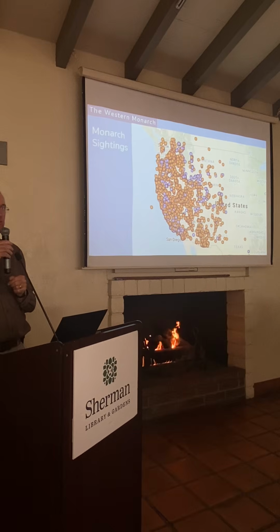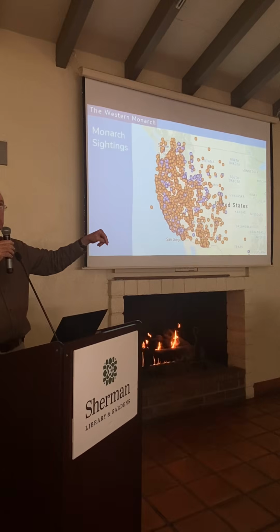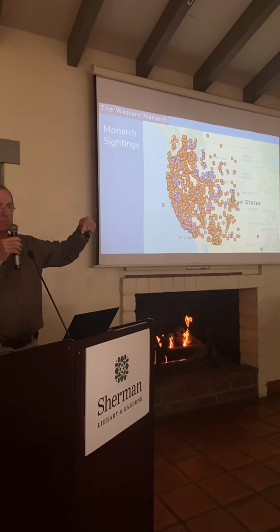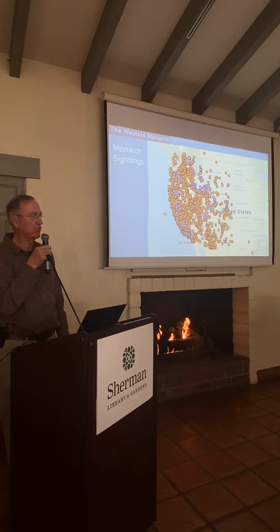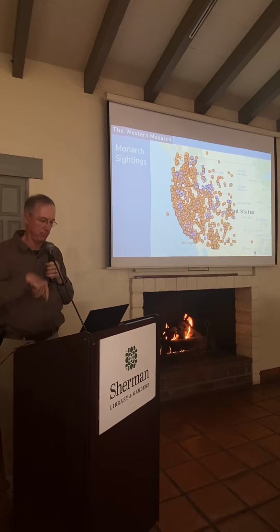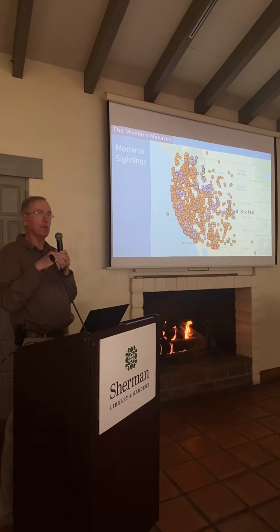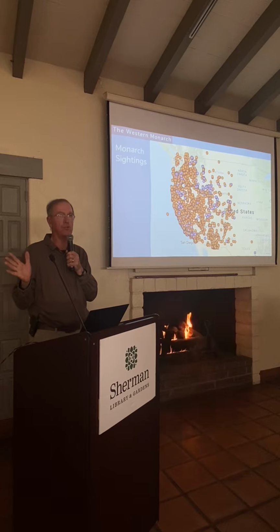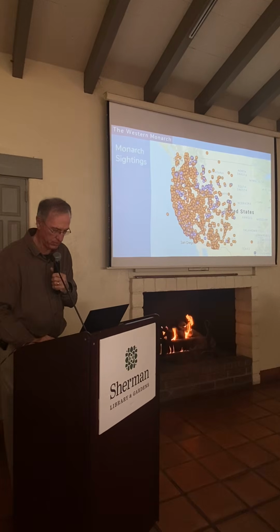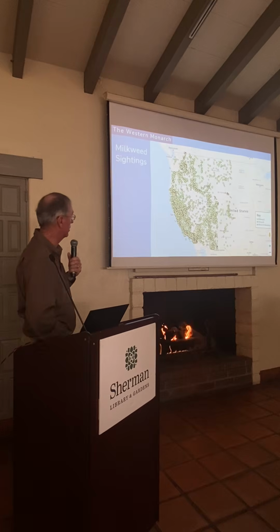Now, how that happens is incredibly mysterious. How does the great-great-grandchild of that monarch know to come back to the same tree that its originator was at? If you can answer that, you don't need to come to this class. You should be standing up here. So it's an incredible migration. It's one of the greatest migrations on the planet because it's multi-generational, and it's very difficult to understand how that information is passed. So those are where monarchs are distributed.